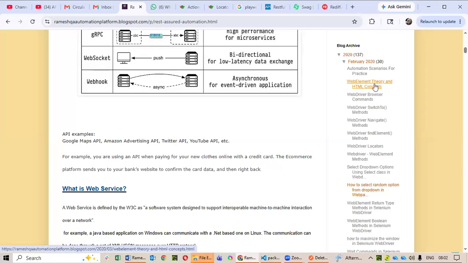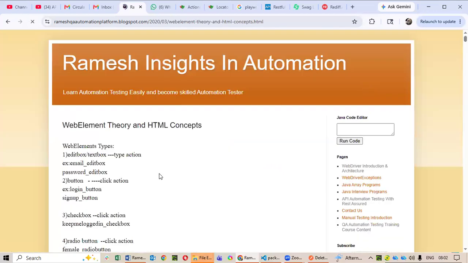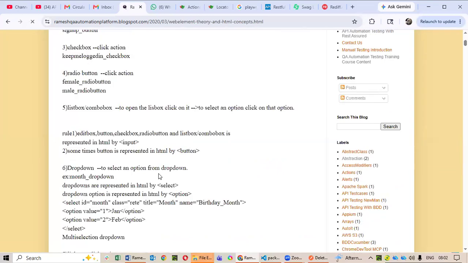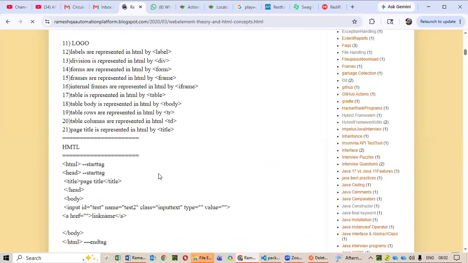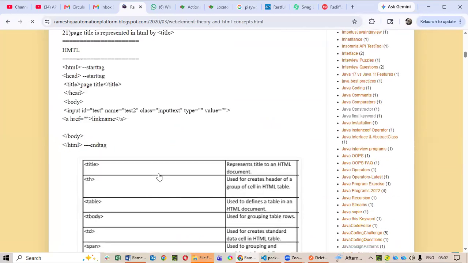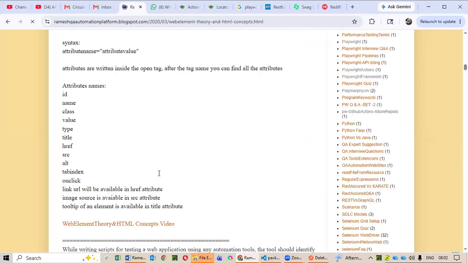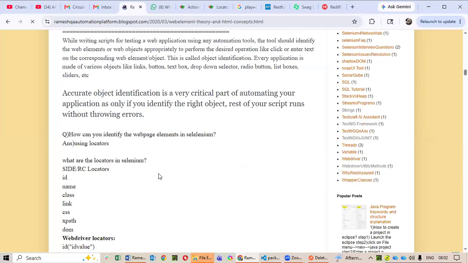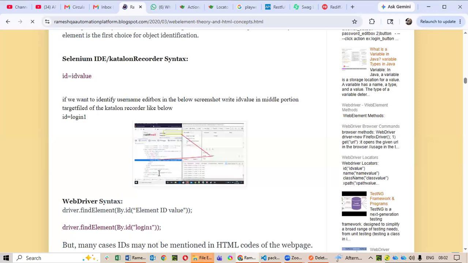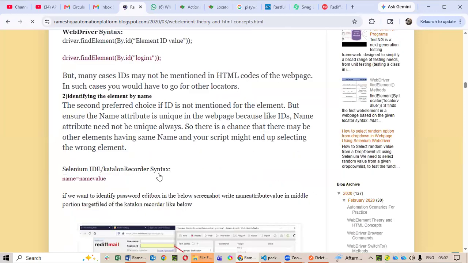This is the article, under blog archive 2020 February. Here I have given HTML concepts and also what tag will be there for each element. Everything is clearly explained. At the same time, I have given the Selenium locators here, but this